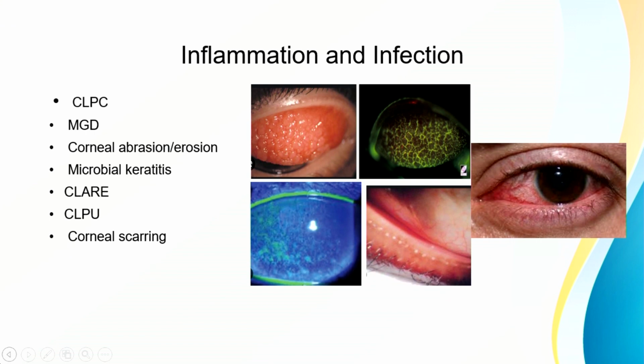So next, inflammation and infection. If we take this broad topic, inflammation and infection, the major things are papillary conjunctivitis, MGD, corneal aberrations, microbial keratitis, glare, acute red eye due to contact lens, peripheral ulcer due to contact lenses, or corneal scarring. So if we go one by one, the papillary conjunctivitis may be due to improper cleaning, where